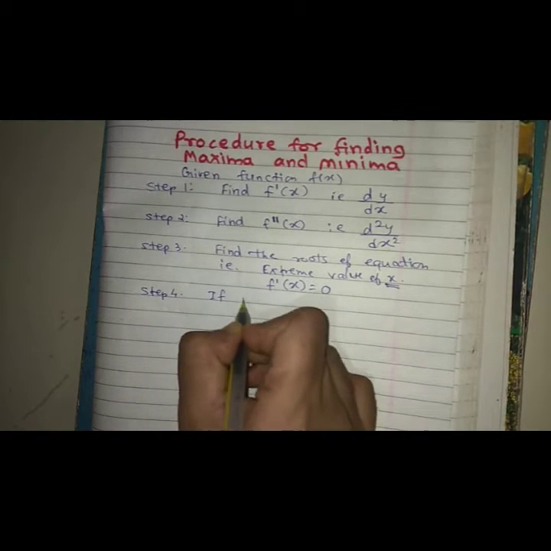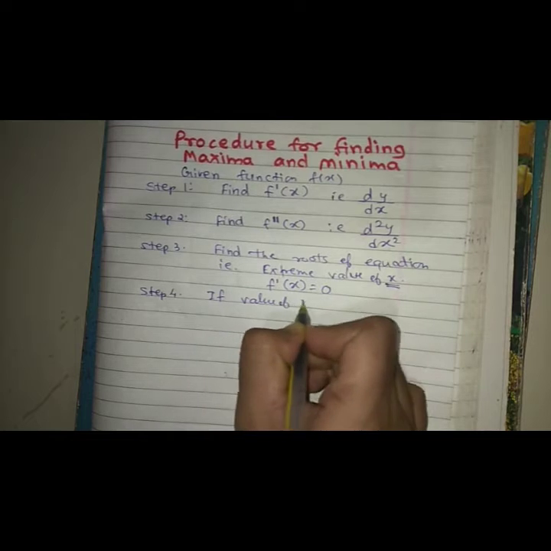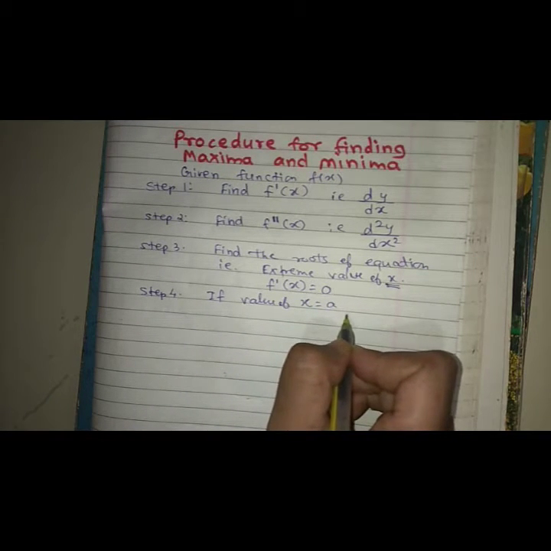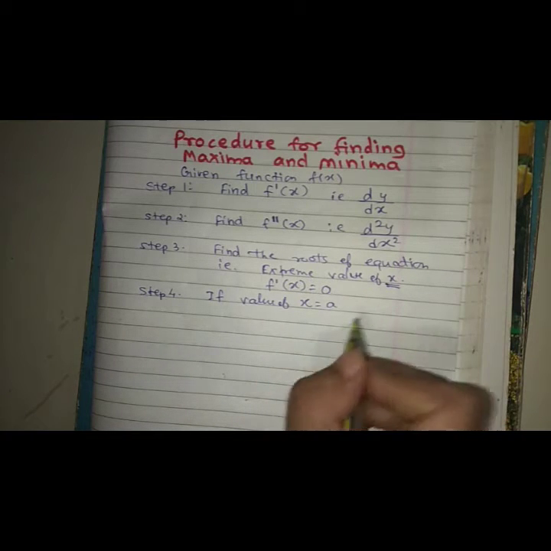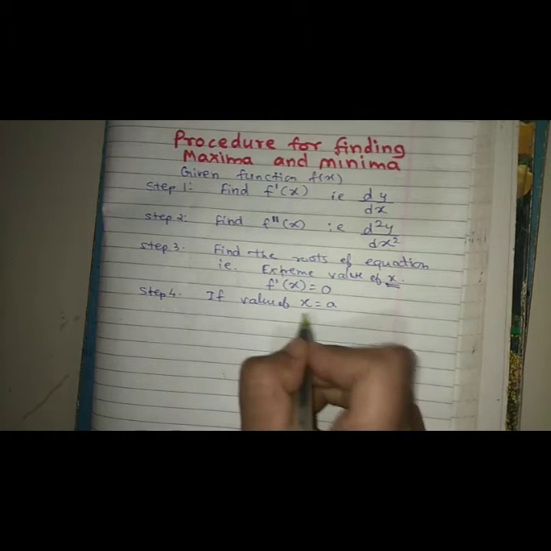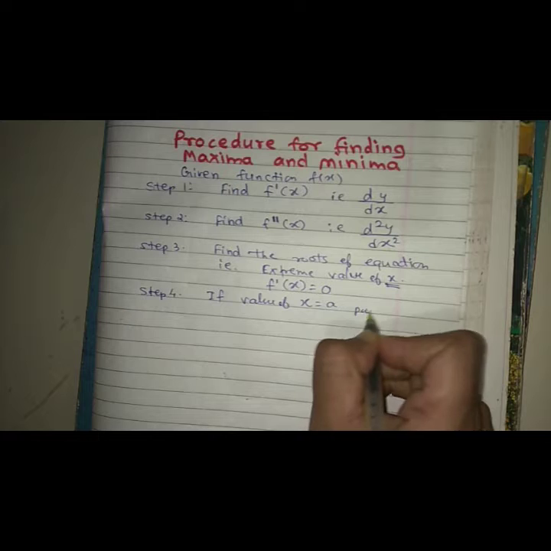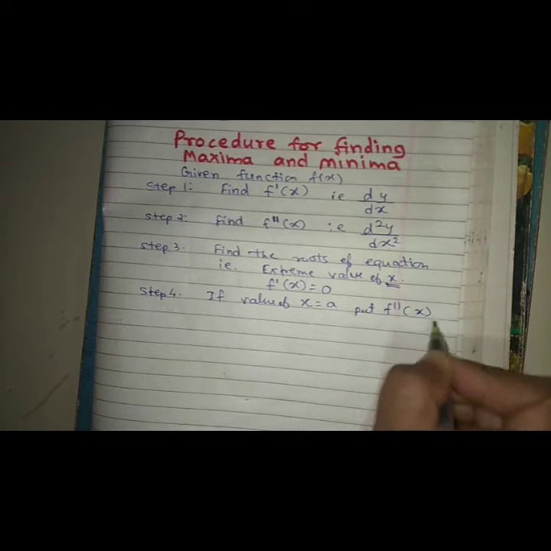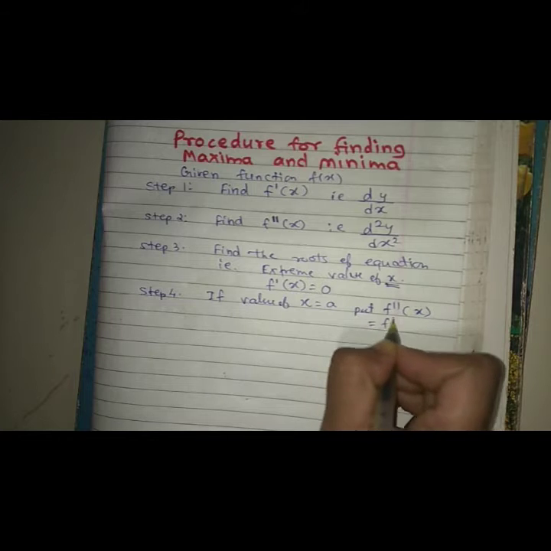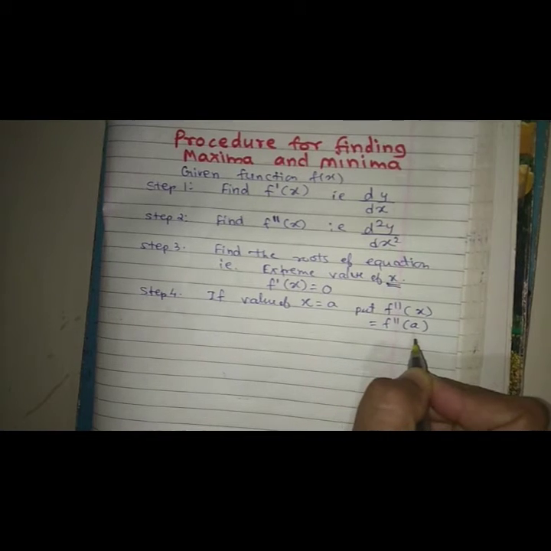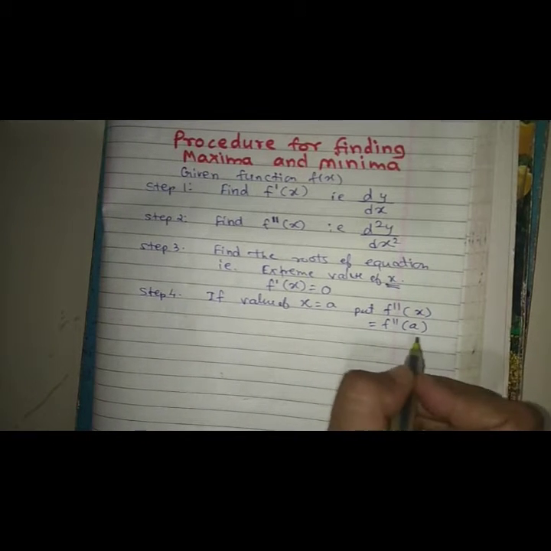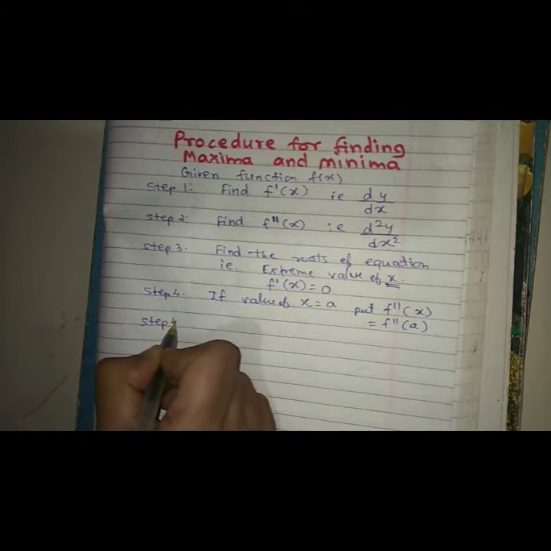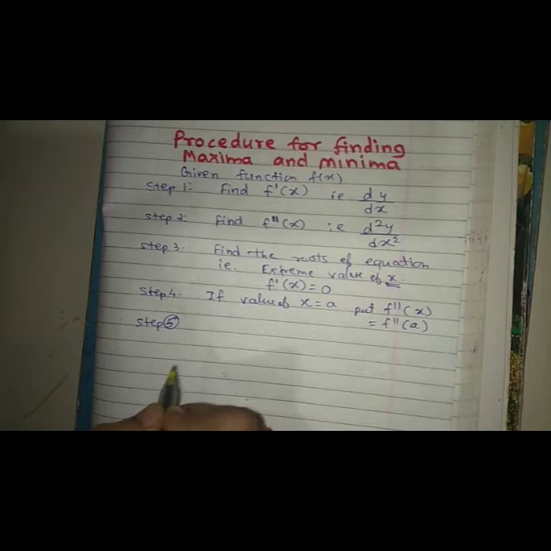If the value of x is equal to a, then this value we substitute in the second equation, that is nothing but we put it in f double dash of x. So it becomes f double dash of a. If we get the value of f double dash of a, the main step, step number 5,